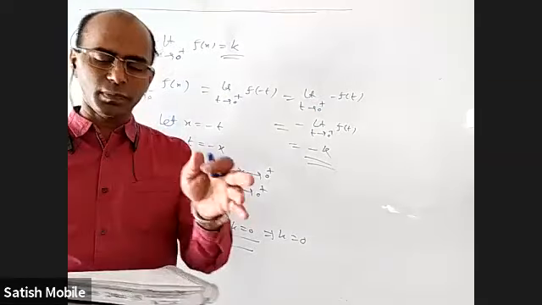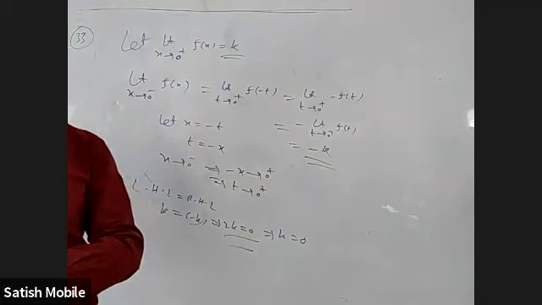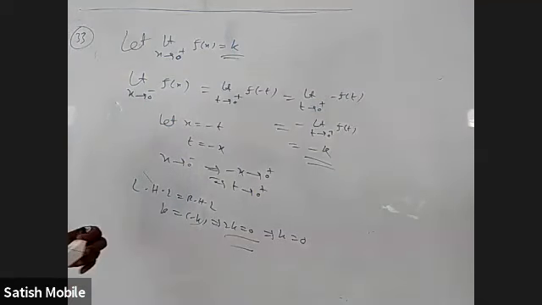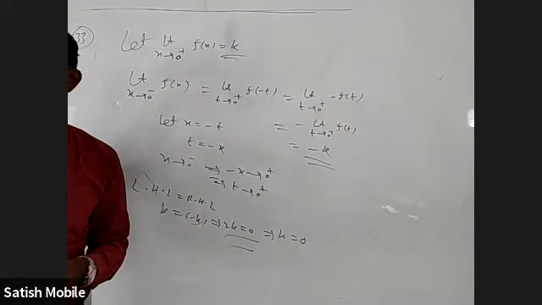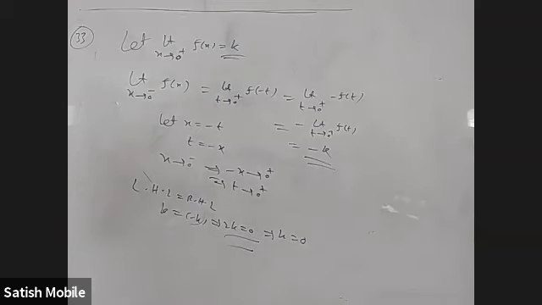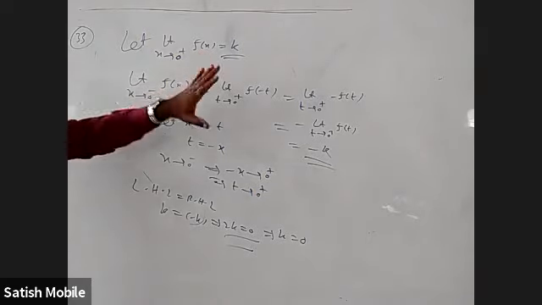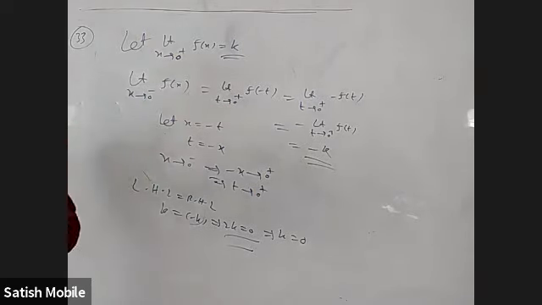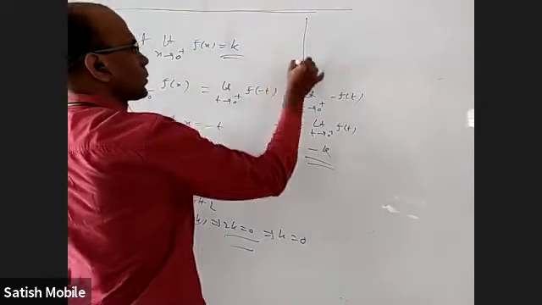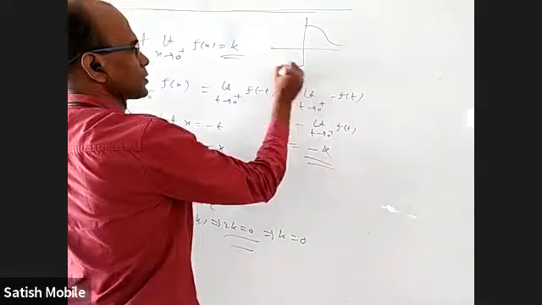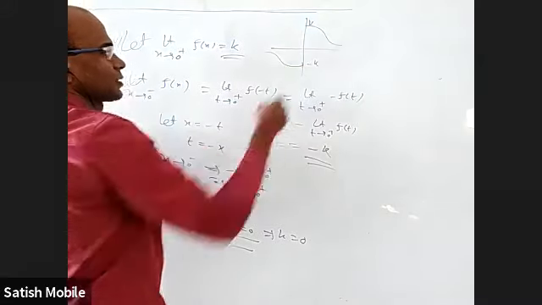Once it is 0, the other limit that they asked is 1 by 2 f of x minus 1, which will be 1 by minus 1, which will be minus 1. Is it okay? What I wrote here mainly is, if the right limit is k, the left limit is minus k, which I already explained from the graph to you. If the right limit is k, the left limit has to be minus k.